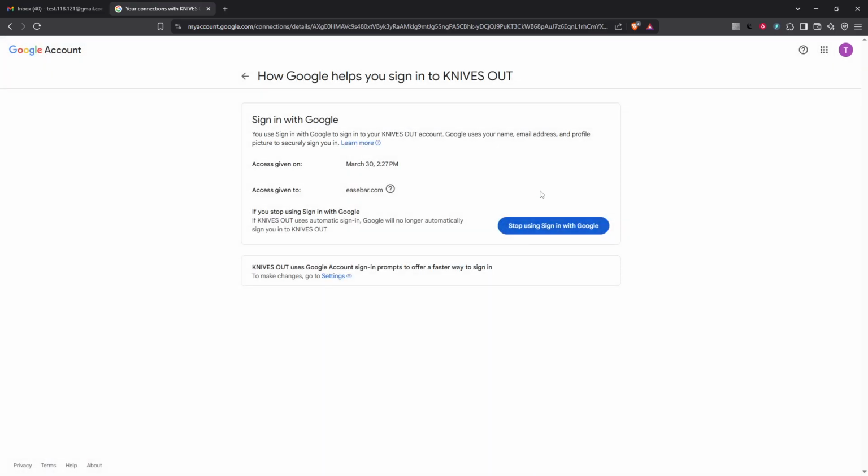And that's it. By following these steps, you've successfully discovered all the accounts linked to your Gmail and taken control of who can access your information. Remember, it's always a good idea to periodically check and manage these connections to ensure your